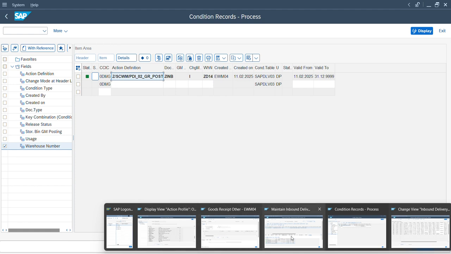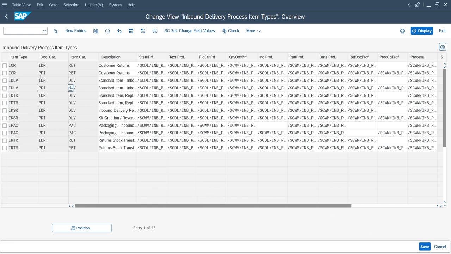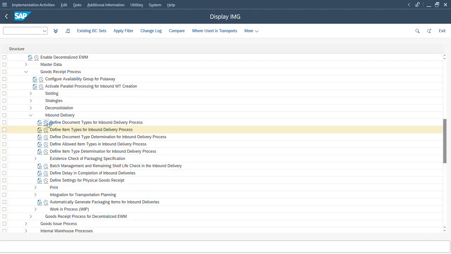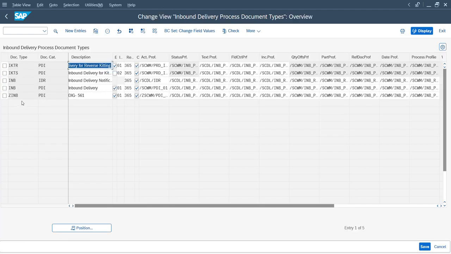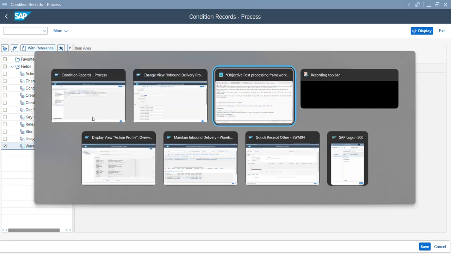So first thing what I've done, and before I dive into it, the objective here is that whenever I receive a delivery document with a specific document type, the GI should happen automatically. For that purpose, I've created a Z document type, and you can see that the standard action profile is replaced by a custom one. Now, if I go to the